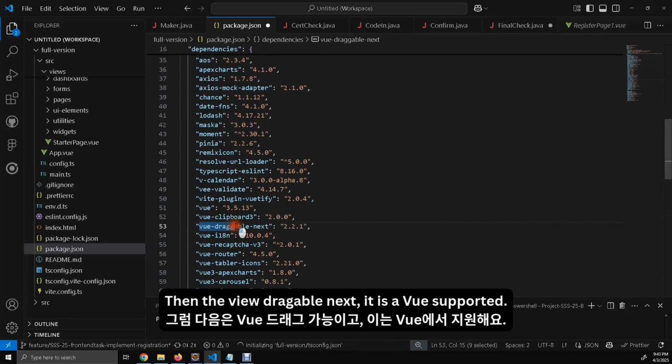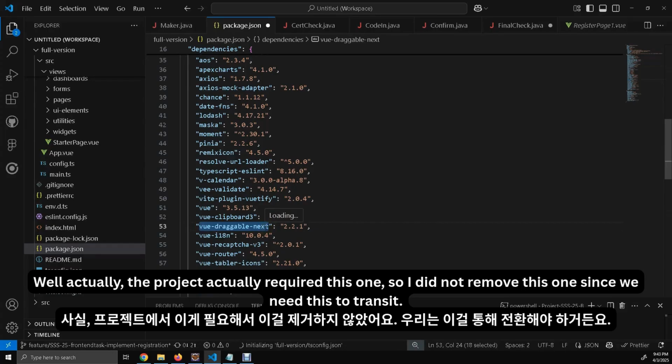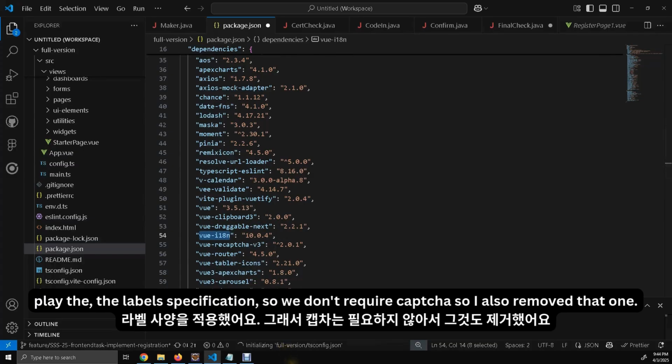Then vue-draggable-next is Vue supported. The project actually requires this one, so I did not remove it, since we need this to translate.